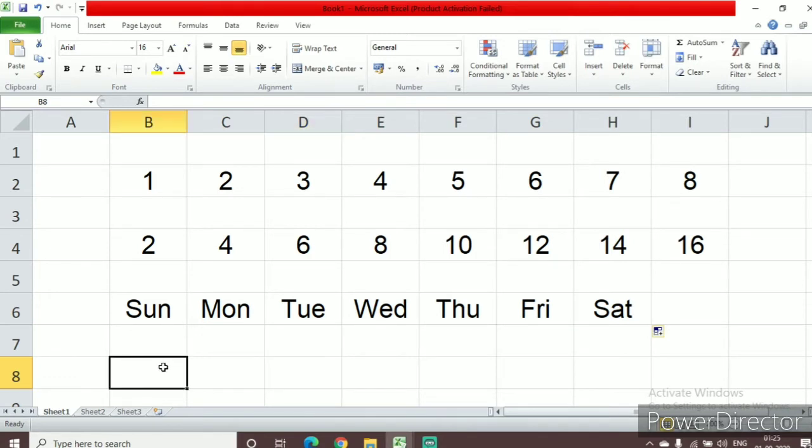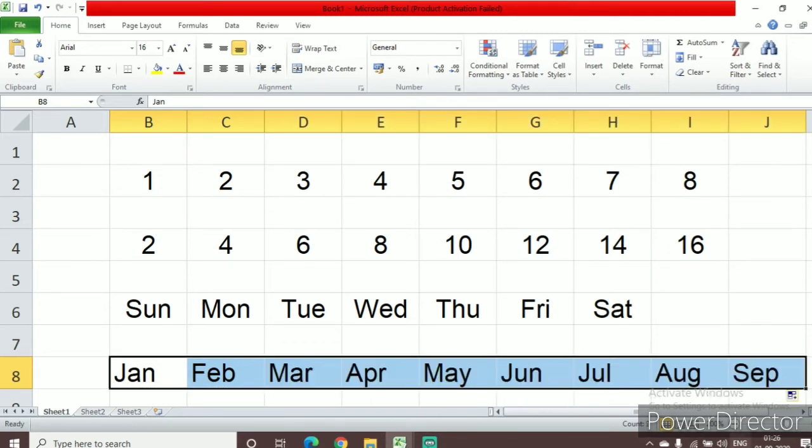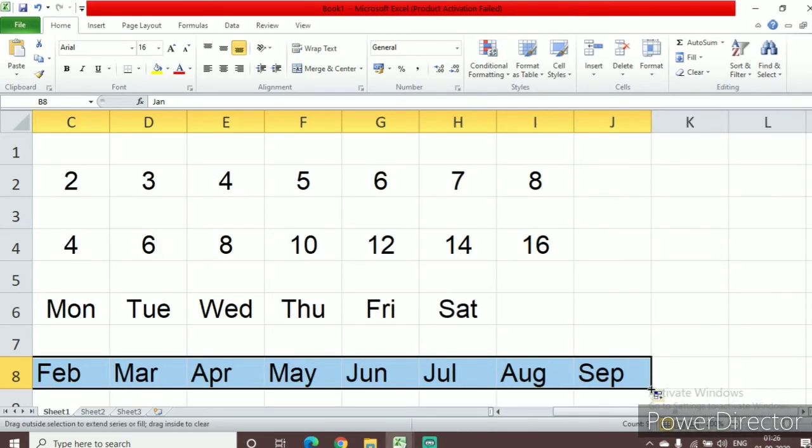Now suppose I want to write January, February. I can write entire January, or I can just write a shortcut as Jan, and maybe I'll type Feb here. Now again I'm going to select it with this plus sign, and then with this autofill cursor I'm just going to drag this. Now does this really happen? Yes. If you drag it further from September, again you're moving,